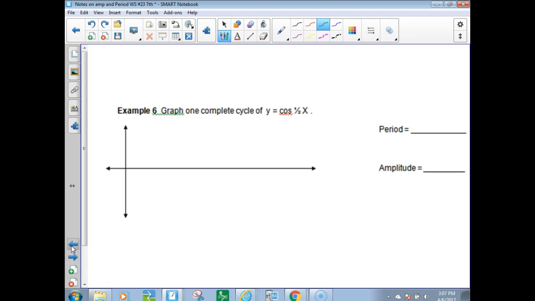All right, we got some more we're going to practice here. Graph one complete cycle of y equals sine of 1/2 x. Ooh, we haven't had a b that was a fraction yet. So here b is 1/2. What's a? Okay, 1. So the amplitude's 1. And the period is, okay, we got to figure that out. 2 pi divided by 1/2, which would be 2 pi times the reciprocal of 1/2, which is 2, making it